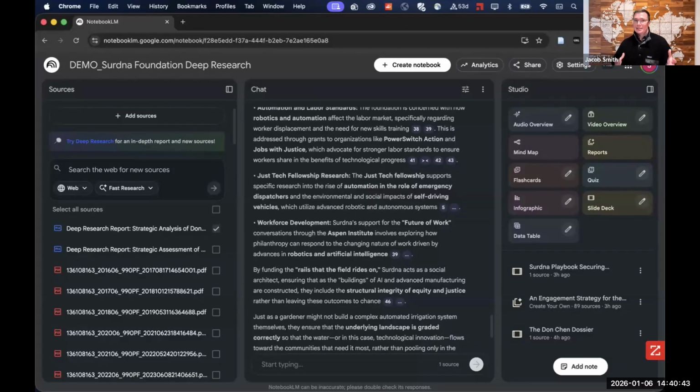What I want to emphasize is that this, like we noted before, shouldn't be the end-all be-all. If you're actually going to reach out to an organization, you should verify this information. The important pieces that you pull out from this deep research, you should look at those sources and make sure that they are, in fact, accurate.